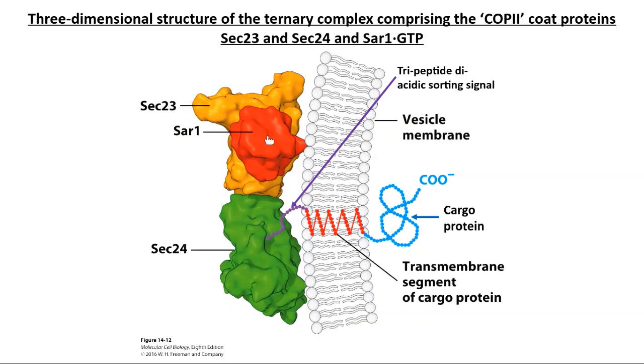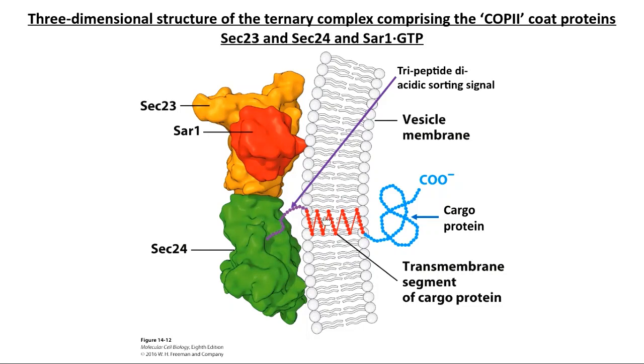That is why Sec23 is responsible for the hydrolysis of GTP bound to SAR1. There is also associated Sec24. Why is that important? Well, Sec24 interacts with the cytosolic domain, the diacidic tripeptide sorting signal. This is a sorting signal. This recruits the cargo proteins into the vesicle membrane. So this sorting signal is being recruited by Sec24, and this particular sorting signal,